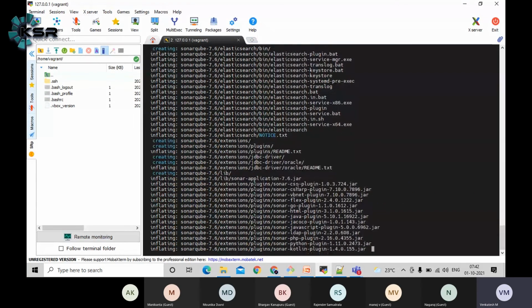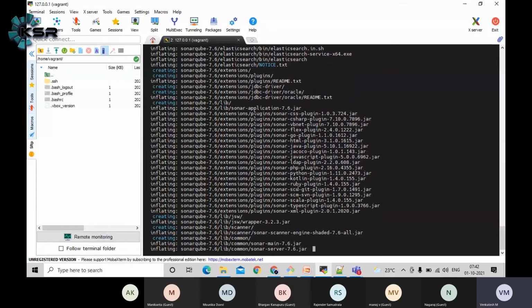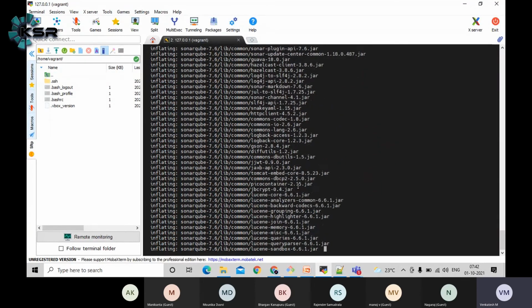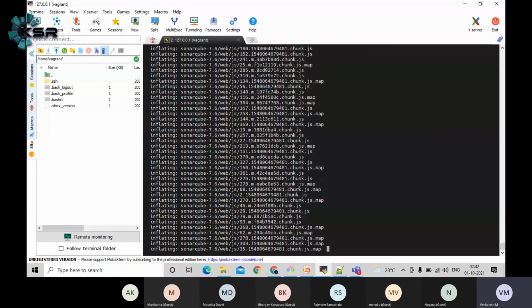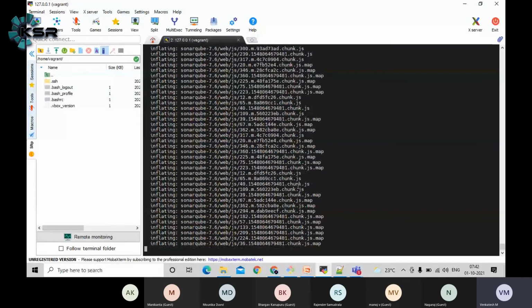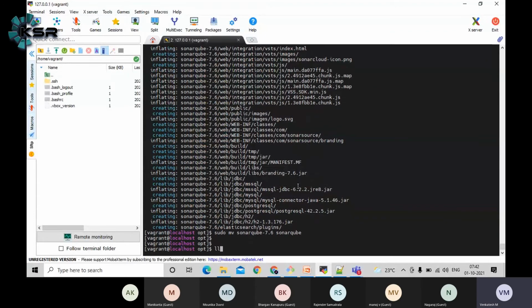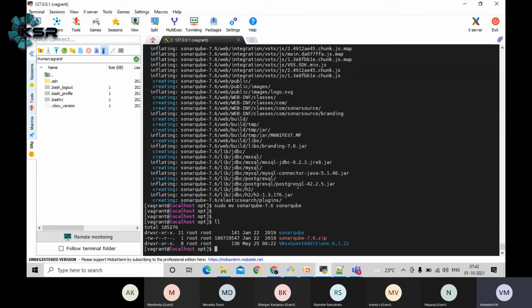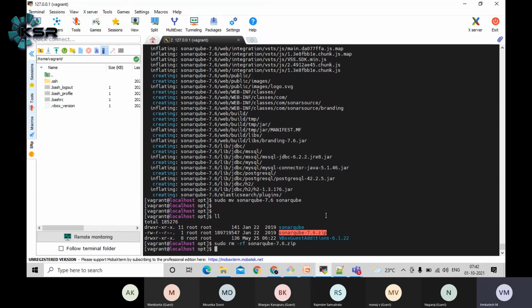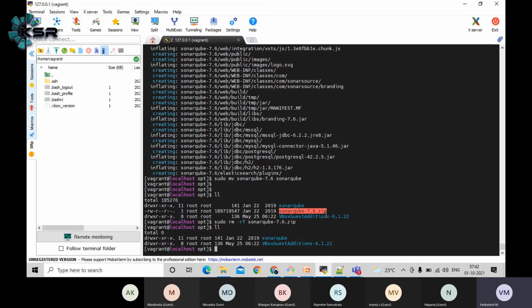I'm going to extract the SonarQube file. It will create a folder called sonarqube-7.6. That particular folder I'm going to rename to sonarqube. Now let's run this one. Let's run the ll command. When you do ll, you're seeing sonarqube only. If you want to save disk space, you can delete the zip file, sonarqube.zip. You can run it with sudo so that administrator permission applies. I have deleted the file now. Now I have SonarQube, guys.